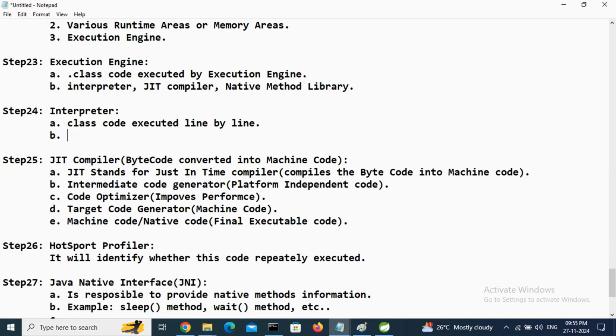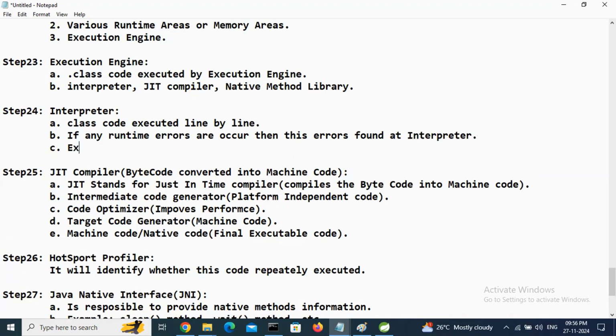If any runtime errors occur, then these errors are found at the interpreter only. Examples: arithmetic exception,